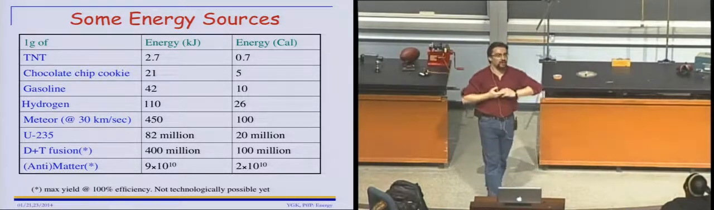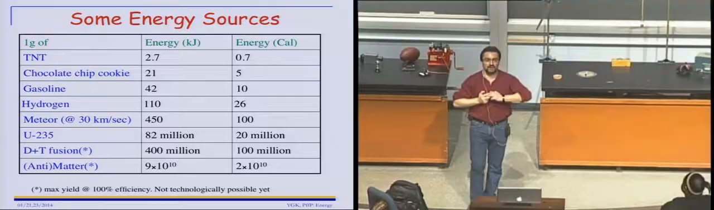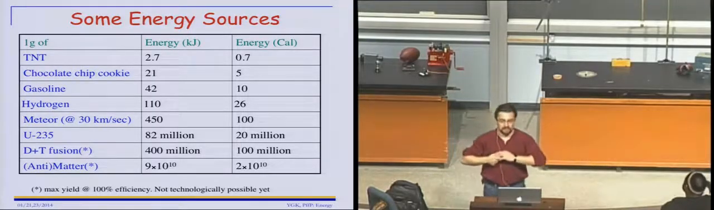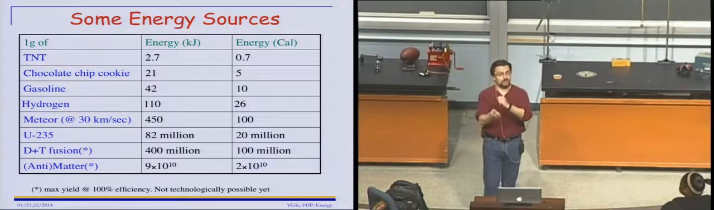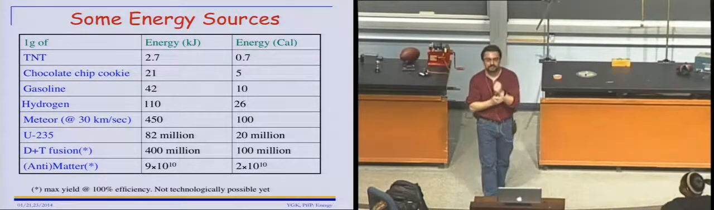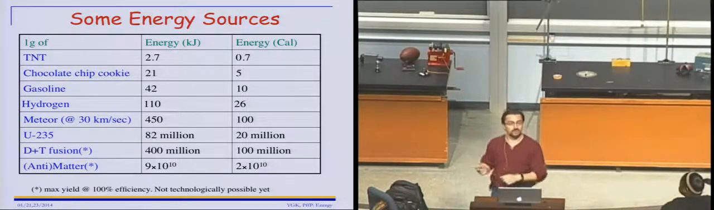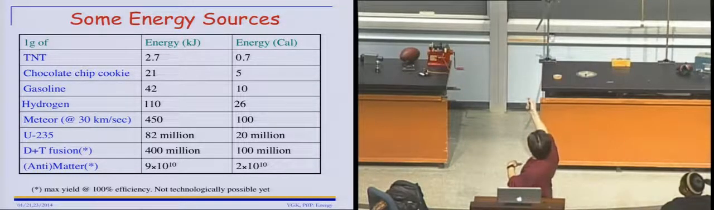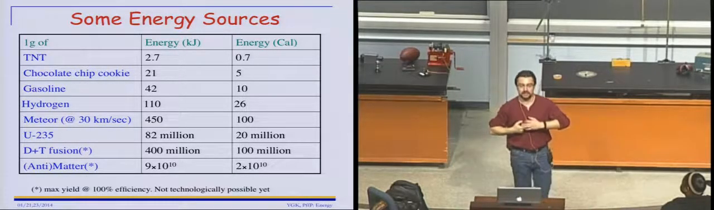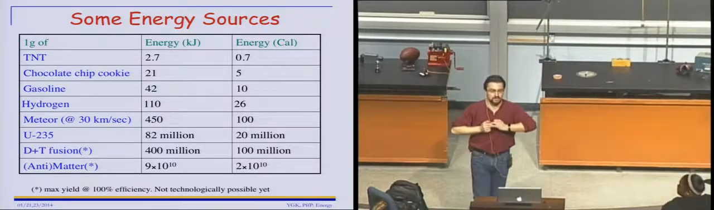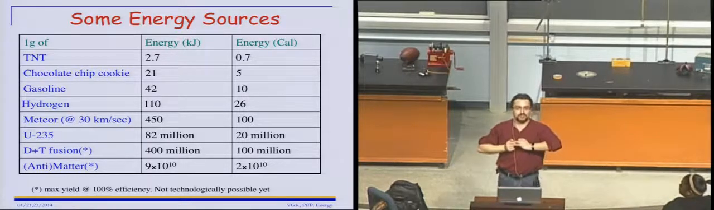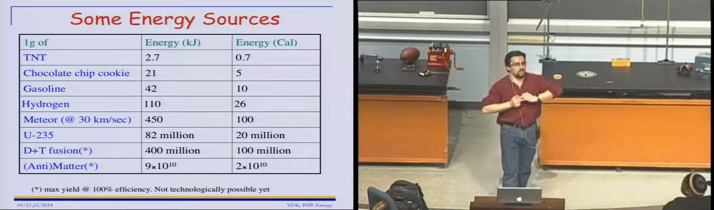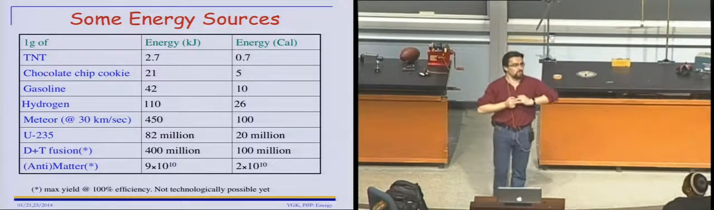TNT explodes by converting chemical energy in a, it's a trinitro something, I forget. So chemical bonds in that molecule in nitrogen and carbons can be converted into heat very quickly, but per gram of that substance, only about 3 kilojoules or a kilocalorie, or calorie with a capital C, is released. That's about almost 10 times, or rather, 8 times smaller,